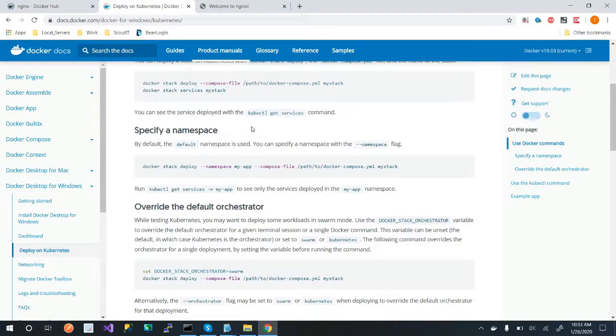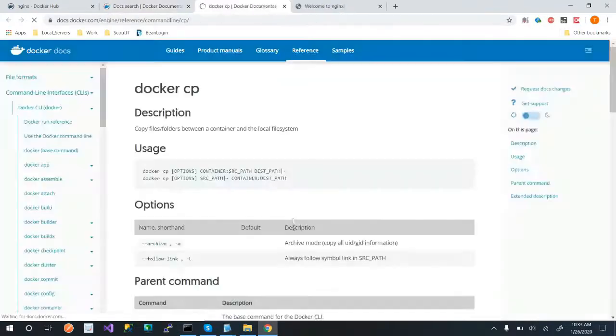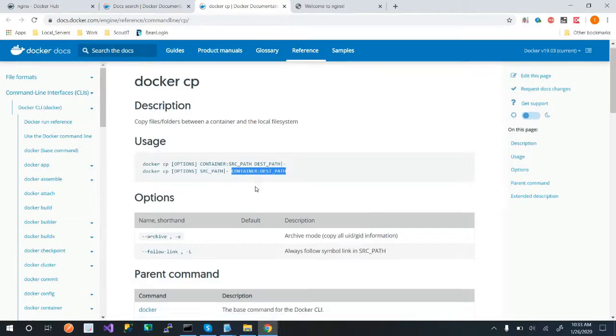There are 3 ways you can move files. You can do a share, which I think you saw on that other one. And you can also share between my local desktop and the container itself. You can also copy those in. There's a way to do that, and then just using the CP command. But you can, yeah, Docker CP command. So if you're used to the Linux world, you can copy that. That would be from your source to your container destination. So you can do it that way too.